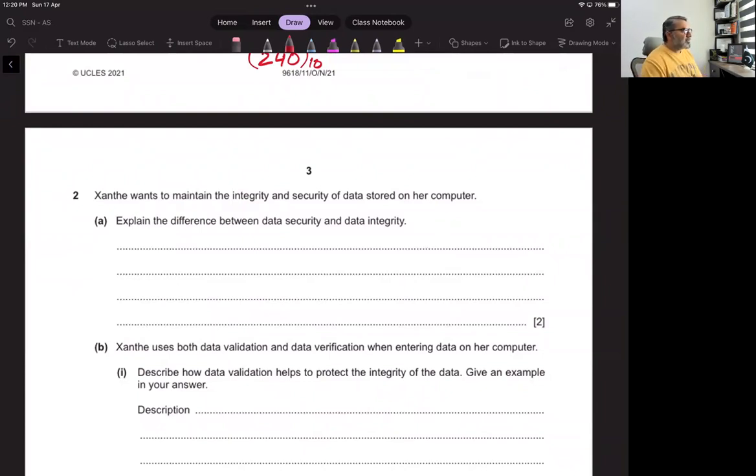So security is protecting data from the loss or the act of stealing data in any way. And integrity is ensuring that the data remains consistent and accurate. Whenever there are events that need data to be changed, it should be changed accordingly with the consent of its owner. So what we write, security is basically